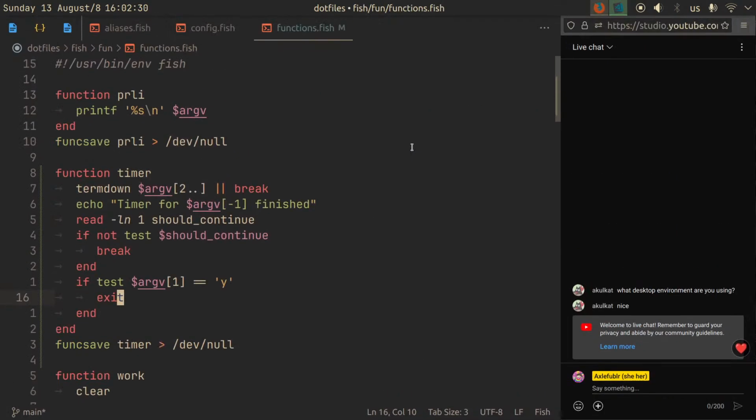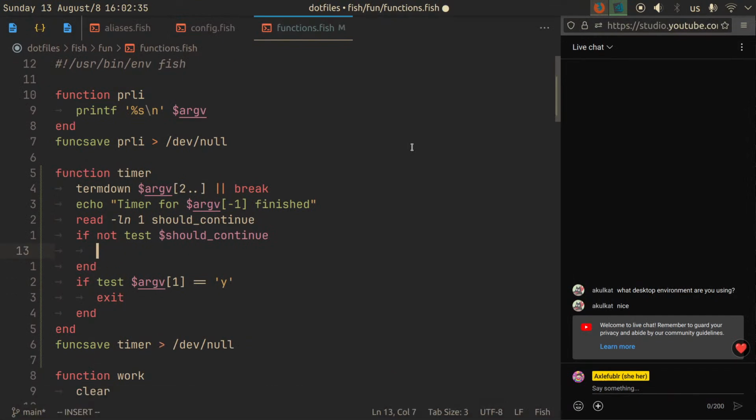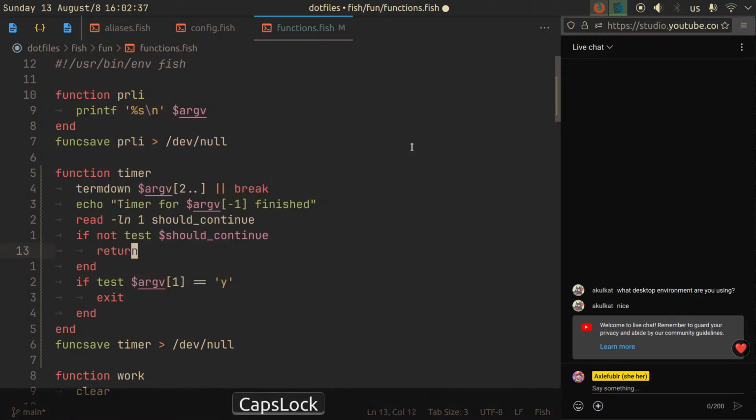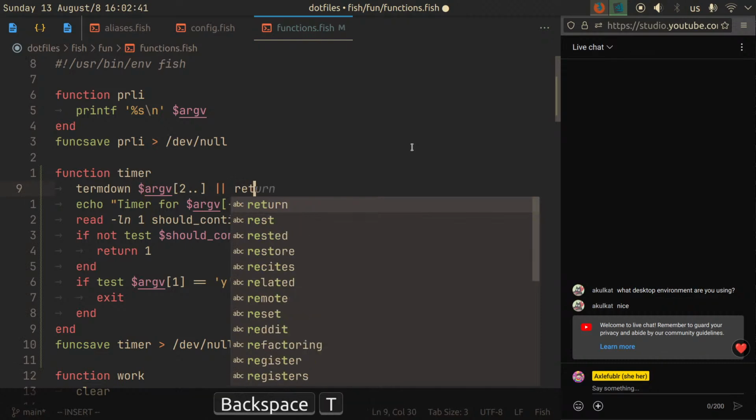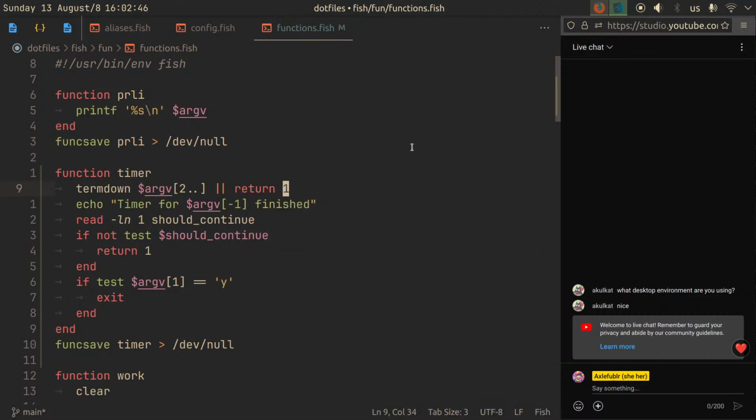Interesting. I see. Like, what am I breaking? Essentially, we return 1. Return, well... Oh no, it's actually fine. Hold up. Why am I returning anything here? Why am I even checking for it? Should I? Yes, because